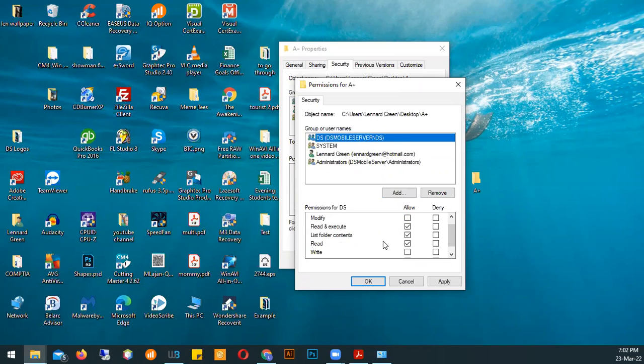So the permission they have now is they can read and execute, they can list folder contents, and they can read. However, they cannot write, meaning they cannot save things in that folder, and they cannot modify the contents of the folder, right? Or actually, it's not expressly provided for them to do so, but they're not denied that as well. I can allow them full control, which would give them full control to do everything in that folder, or I could allow them permission to modify,